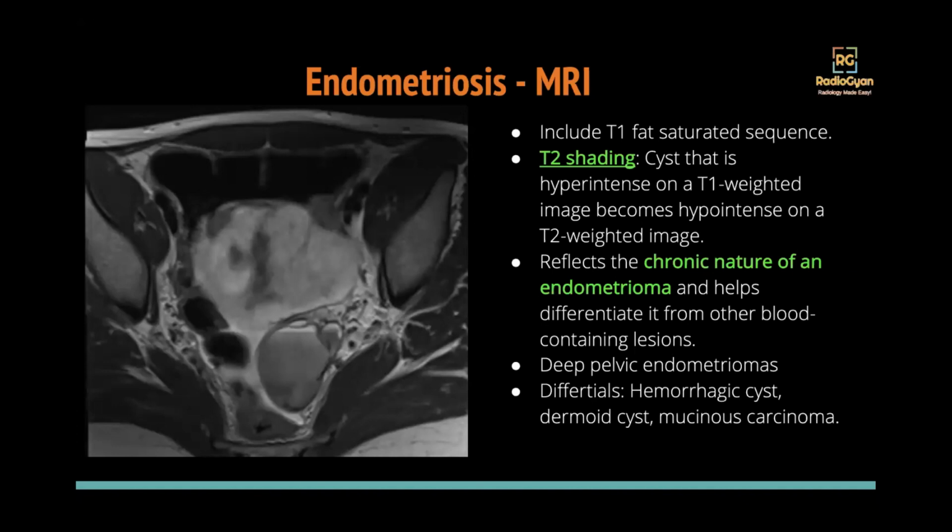If you remember when we discussed the pathophysiology, we talked about how these endometrioid deposits can bleed cyclically responding to the menstrual cycle. So the blood here is in various stages of various chronicities, and this bleeding is chronic. That is the reason why you get this typical appearance in endometriomas versus any other hemorrhagic lesions. For example, if you have a large hemorrhagic follicle or a hemorrhagic cyst, you will not get this appearance. So the chronic nature of blood and the cyclicality of bleeding gives rise to T2 shading.